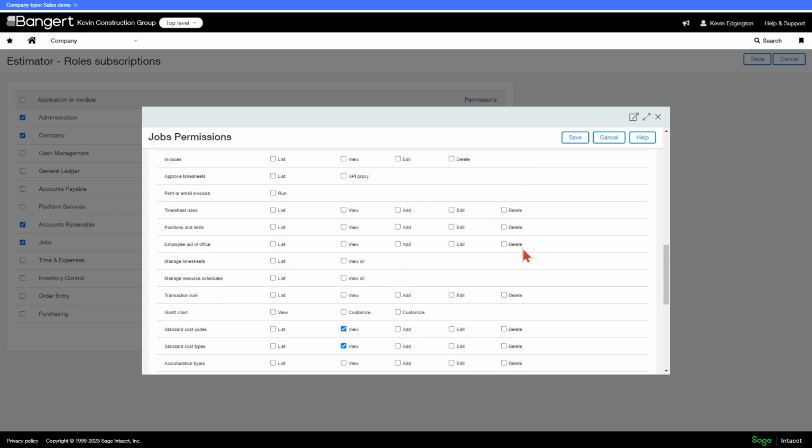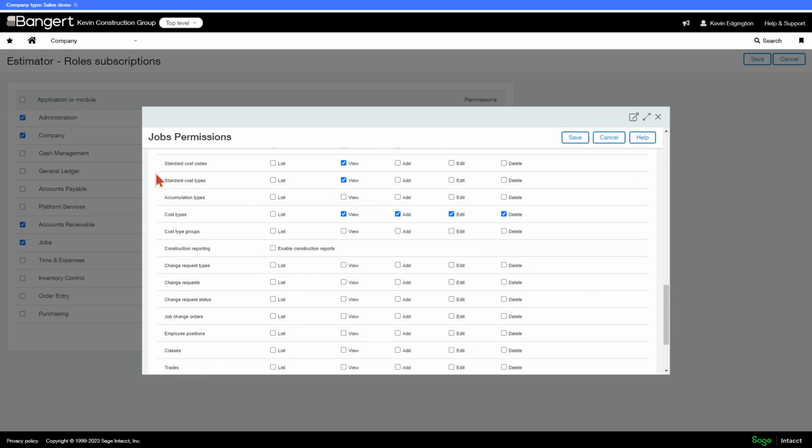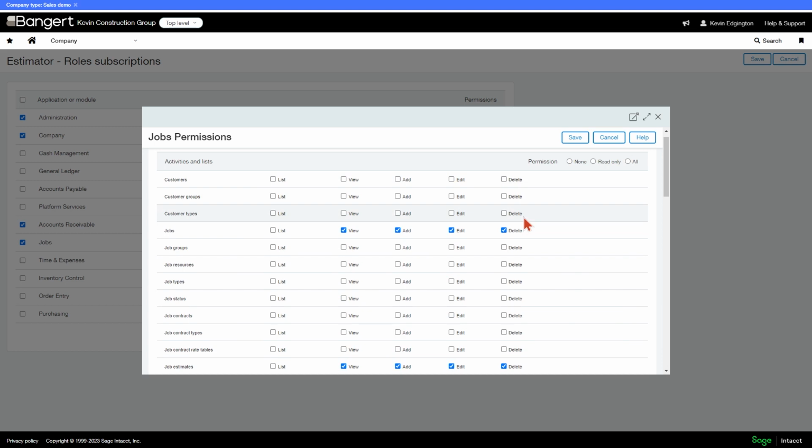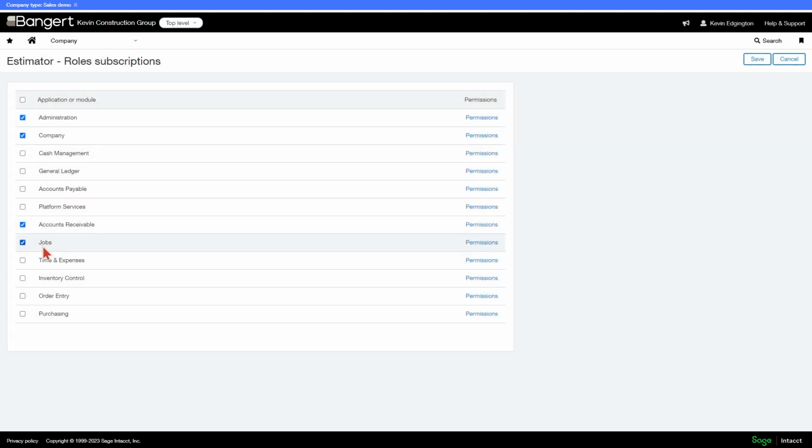And then there's a separate section for my standard cost codes. So I would need standard cost codes, standard cost code types. On those, I just need to be able to view the standard cost codes because we're not necessarily creating any additional ones to the standard cost code list. And then I need access to my cost types for labor, material, equipment, sub, and other. So my different cost types need view, add, edit, and delete also. And that's pretty much the security of what needs to happen on jobs, which then also concludes my role at this point. So basically, those are the main tables that we need access to.